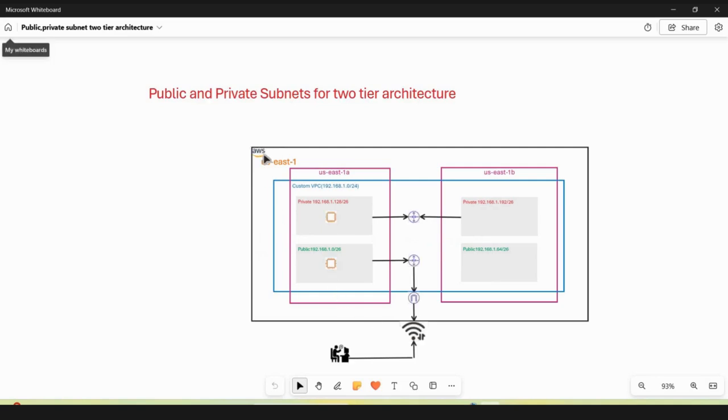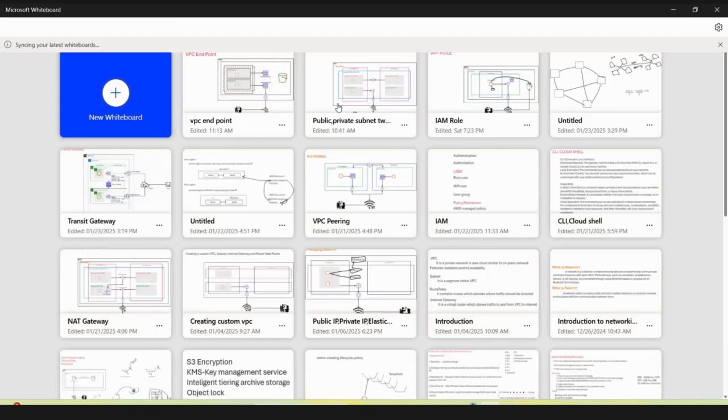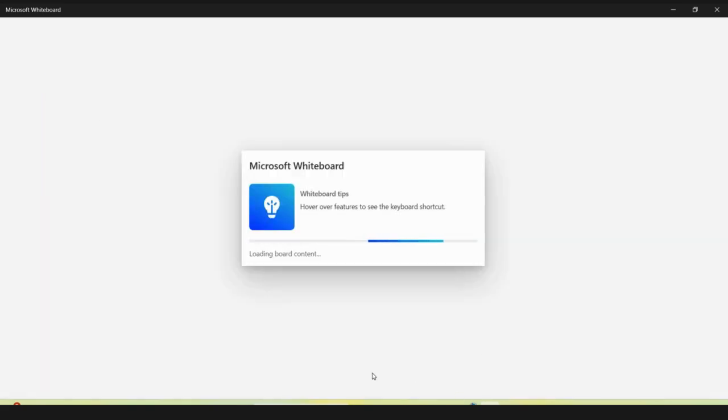In the Windows instance, public and private subnets, we connected to the private subnet using the public subnet. We already know the private subnet doesn't have an internet connection. With the NAT gateway, we created a NAT gateway and gave permission to access the internet for the public subnet. But today we are going to see